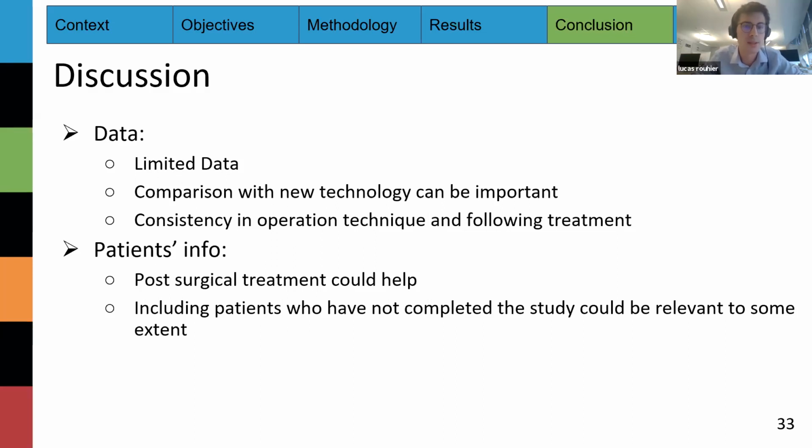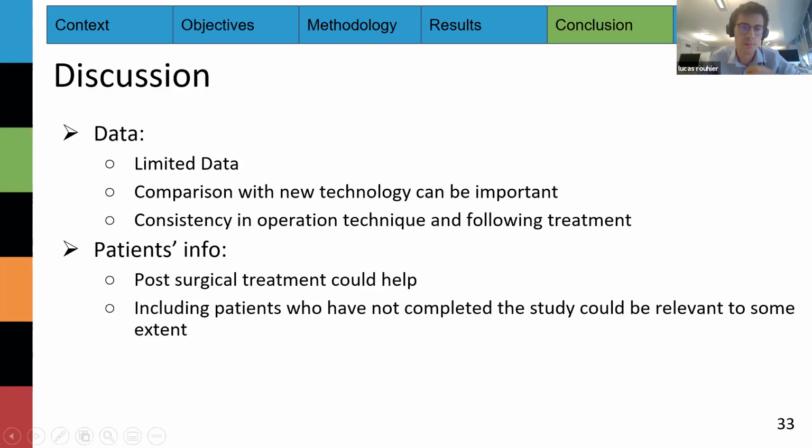And the consistency in the operation technique and following treatment is crucial, I think, because it will remove a random factor, sort of. Because even though the operation can only be of different types, it is still depending on the practitioner's experience and what you want to do on a case-by-case basis.